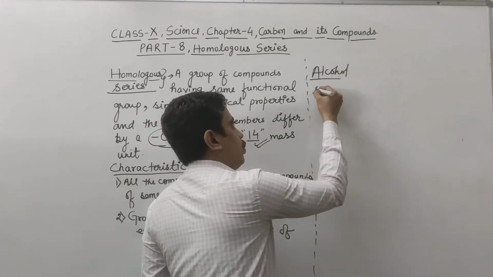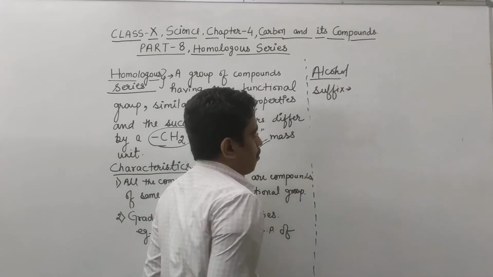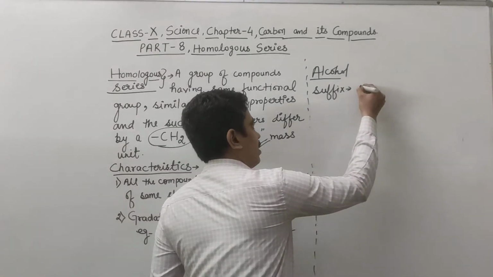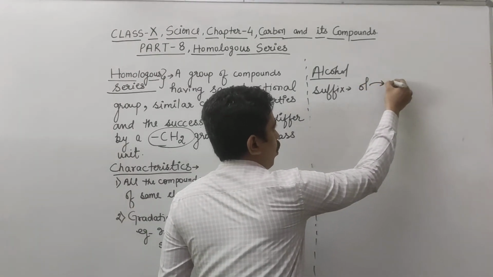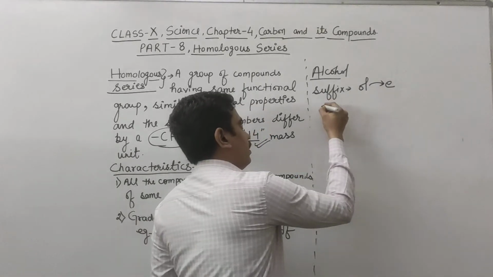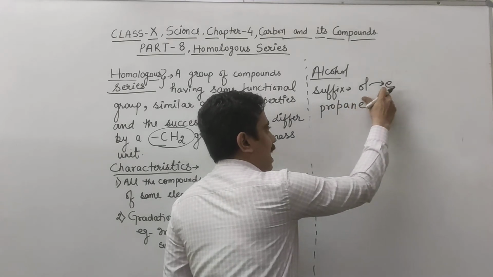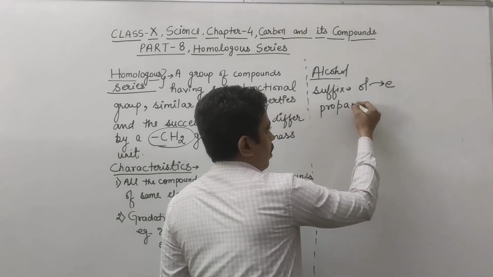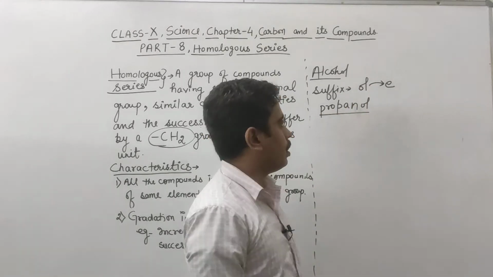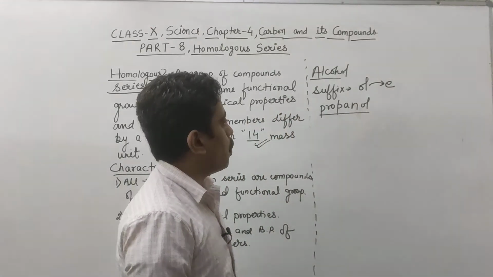In this we will use a suffix. हम suffix कौन सा use करते हैं इसके अंदर? अगर आपने previous video देखा होगा तो आपको पता होगा suffix we will use here is ol in the place of e. For example, अगर 3 कार्बन का alcohol है, then name of that compound will be नॉट प्रोपेन, लास्ट वाले ई को रिमूव करके we will write as propanol. So this is how we have named, and we have understood in the earlier video also.